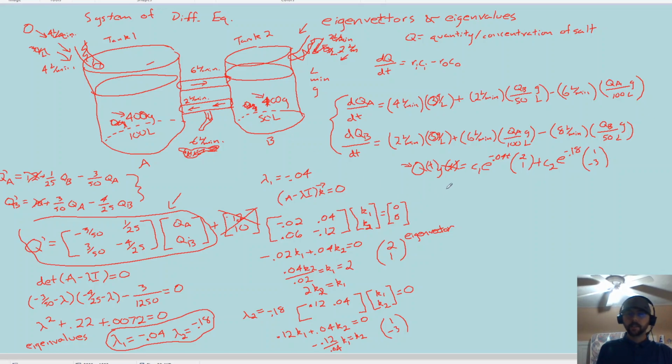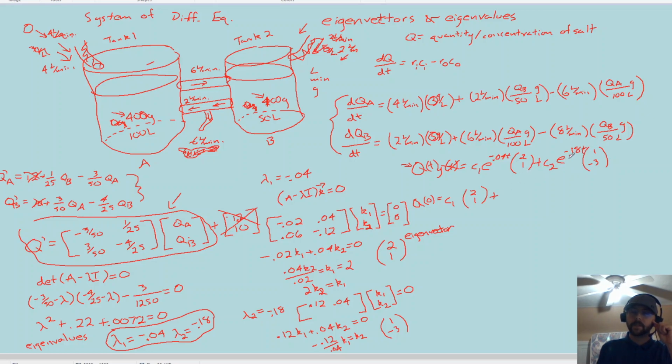So what we have here is q of 0 equals C1 times e to the negative 0.04 times 0, which is going to be e to the 0, which is 1. So we can ignore that. So it's going to be C1 times the vector 2, 1, plus